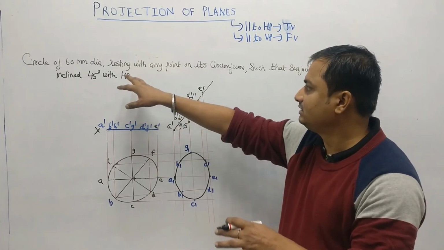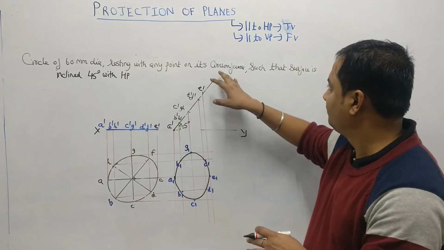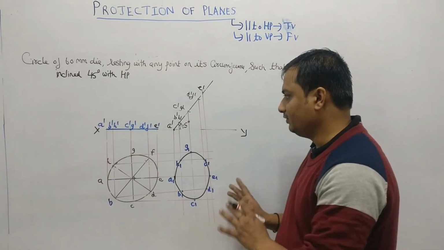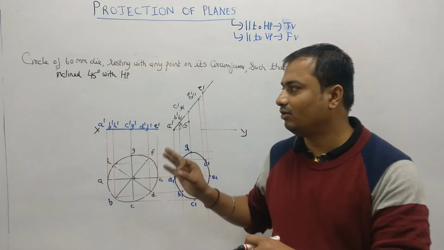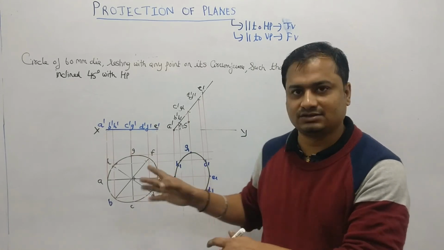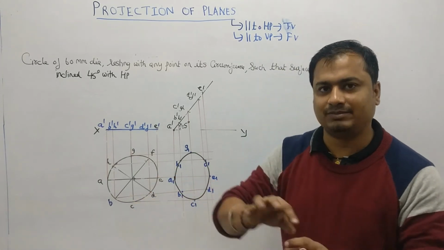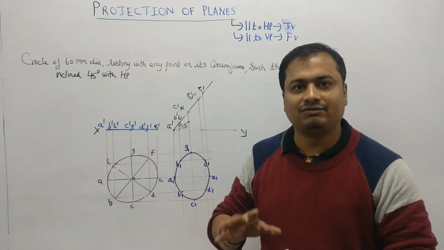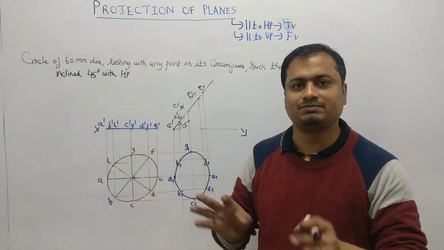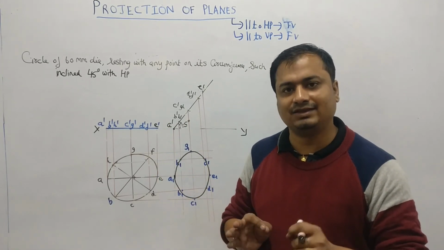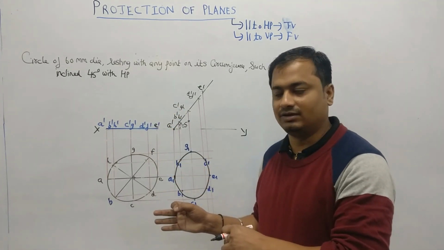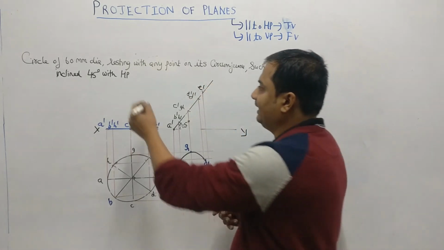When a circle is 60 mm diameter, resting with any point on the circumference, and the surface is inclined, this is the final surface inclination and the final top view. As you have seen, this is common in all these problems, the pentagon, rectangle and circle, and also the hexagon, which I told you is the same as the pentagon. What is the concept behind solving the problem? First, you have to make the surface parallel, and then you have to make the surface inclined. All these 4 problems which I have discussed right now are on the basis of HP.